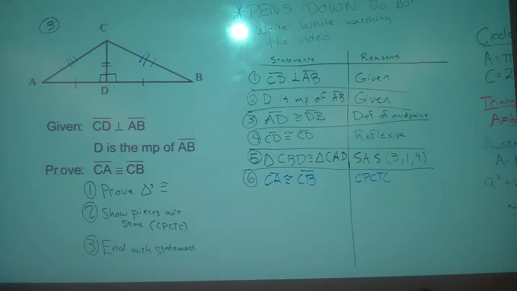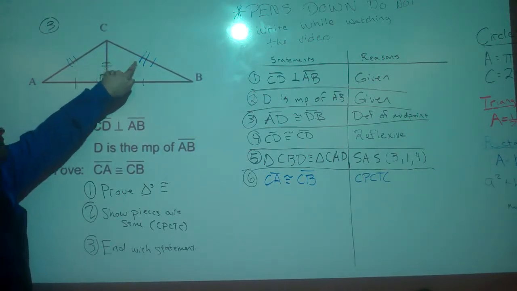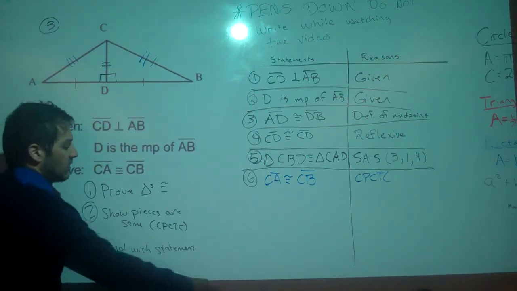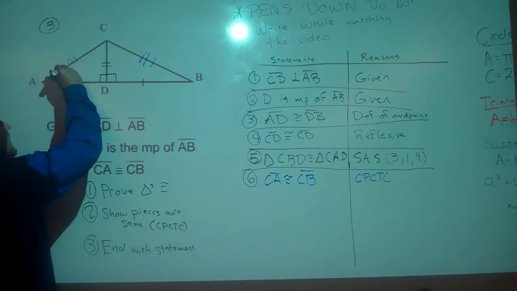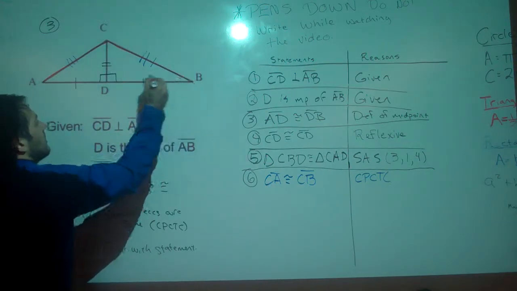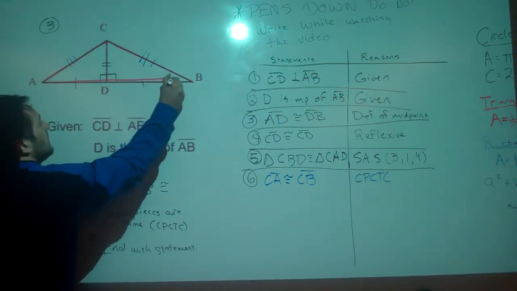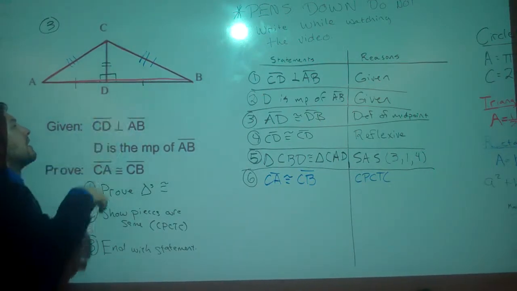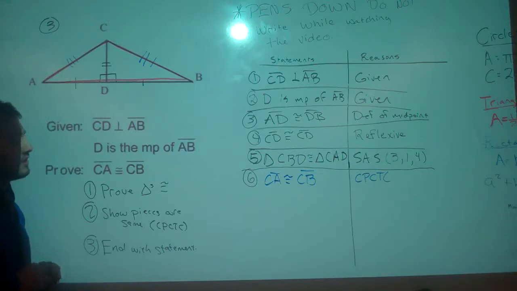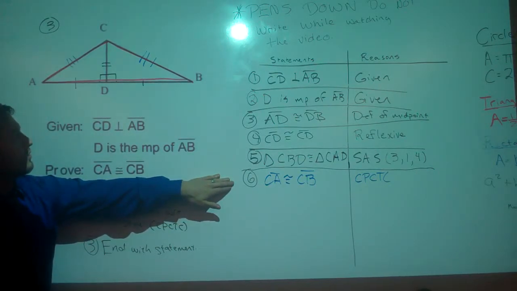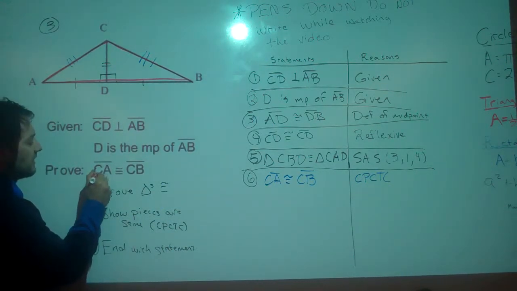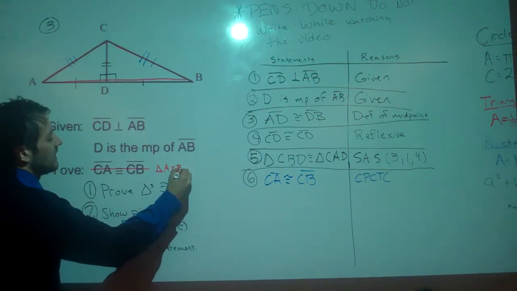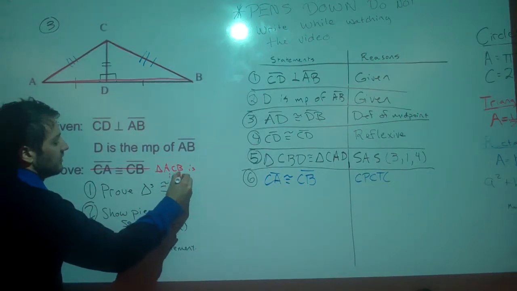I'd like to note right now that with these two sides here being congruent, if I were asked to, I could say that the entire triangle here, triangle ACB, is isosceles because it has two sides that are the same. That would be by definition of isosceles. That is not requested by this proof, but if instead of this it said prove that triangle ACB is isosceles,